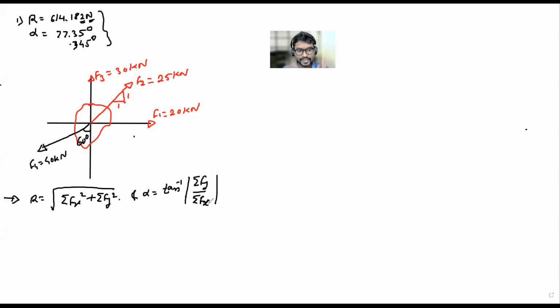First we have to check whether all the forces are acting along the x axis or y axis or they